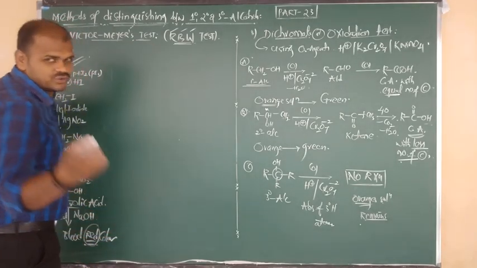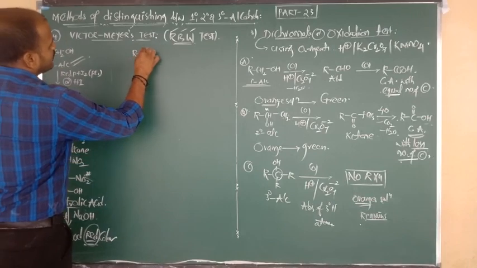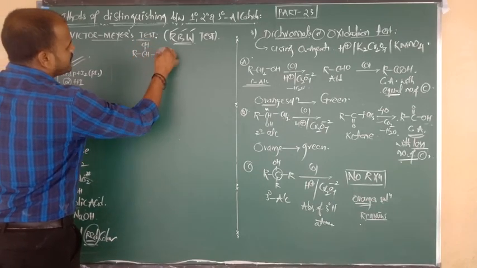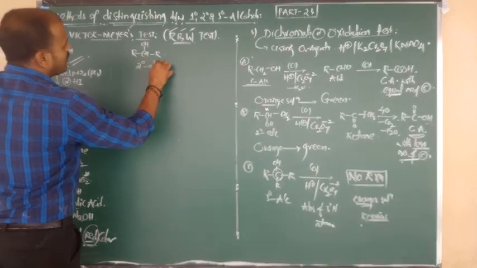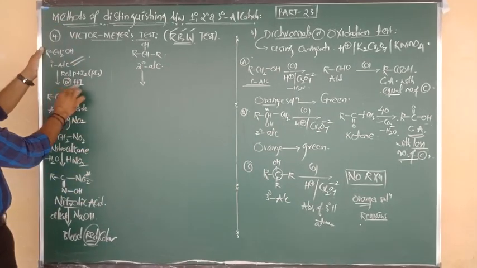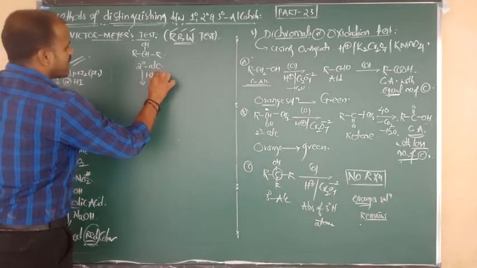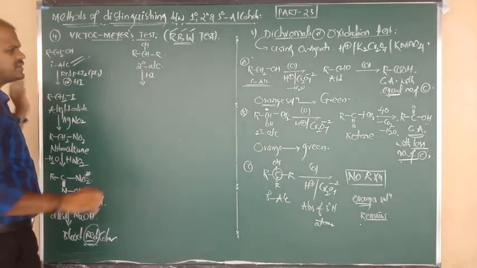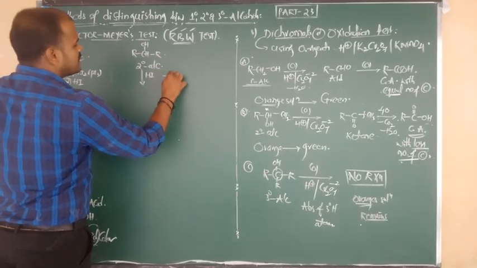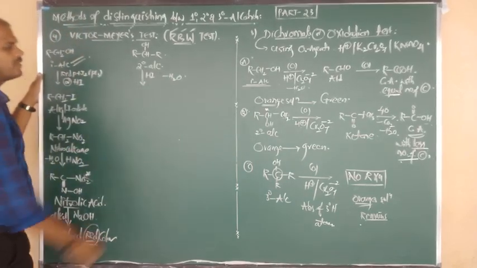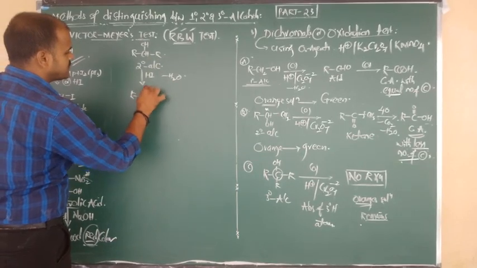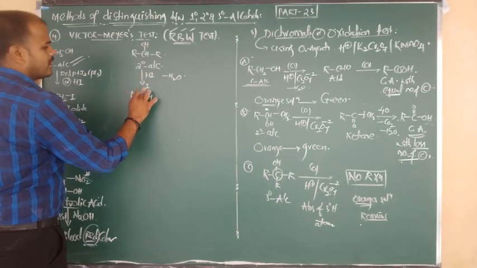Now I am going to show you secondary alcohol. R bonded to CH, with OH, again bonded to R. So this is nothing but secondary alcohol. Again, same as before. Step 1, reaction with HI, otherwise you can take red phosphorus plus I2 as you wish. OH minus is replaced by I minus. H plus combines with OH and is removed in the form of H2O. So OH minus is replaced by I minus, and R bonded to CH, with OH replaced by I.